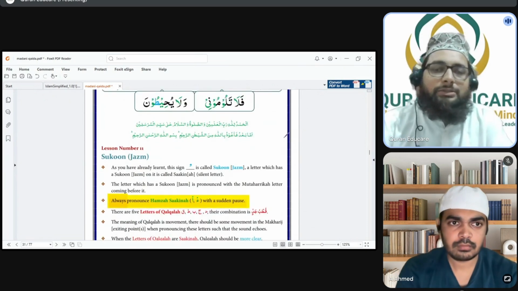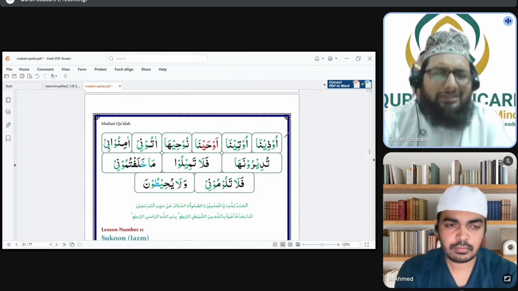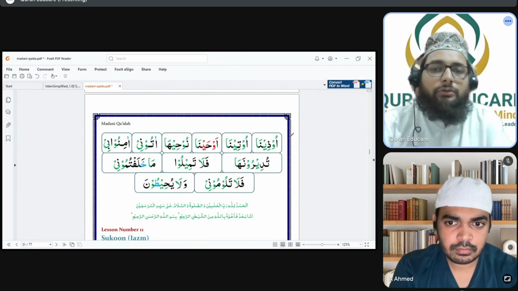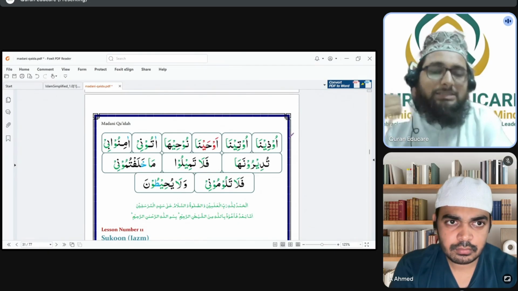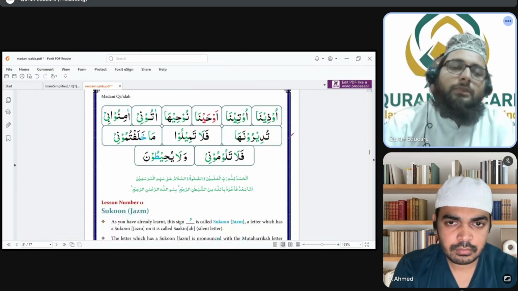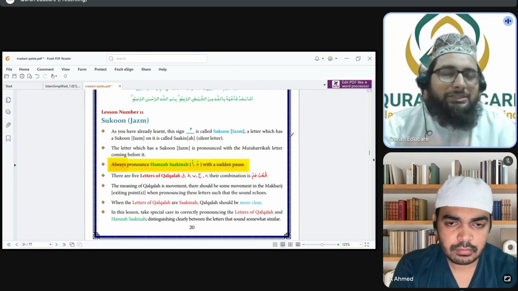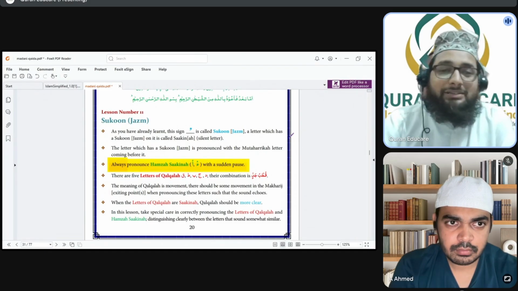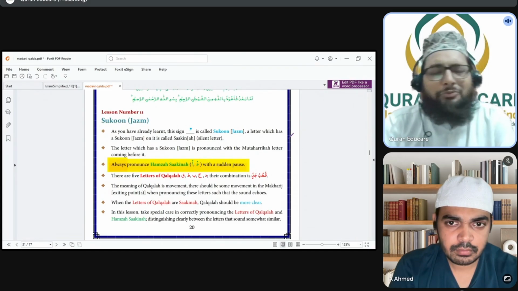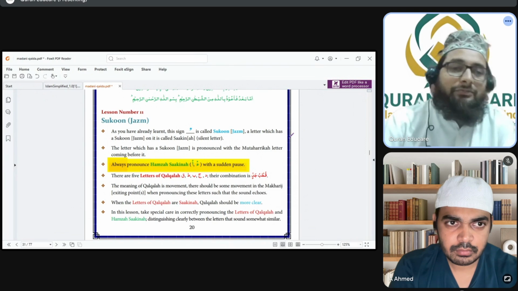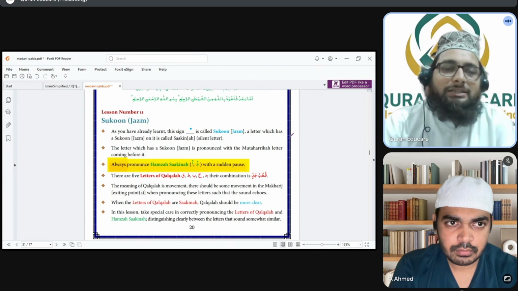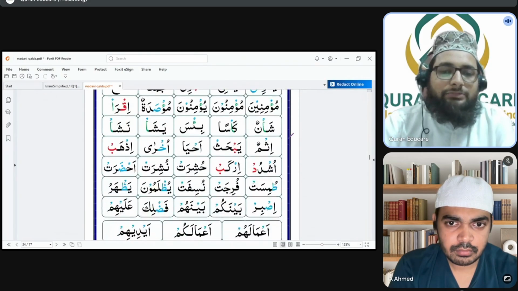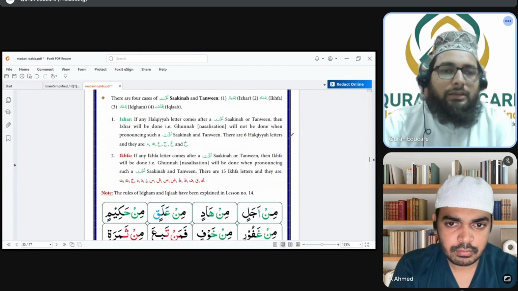So till lesson number 10, it was simple and very important things that everyone should know. These are the necessary things to recite the Quran. From lesson number 11, the tajweed, the beauty of the Quran, starts. In lesson number 11, we learn the concept of kalkala, how to pronounce kalkala, and the condition when the kalkala rule is applied, and the condition to pronounce hamza sakina. And we did an exercise with the rules.